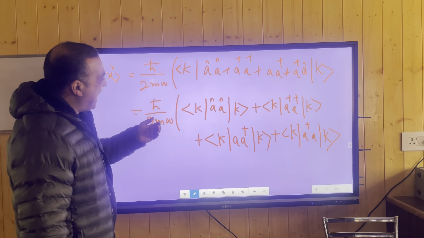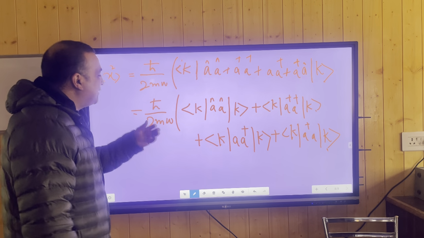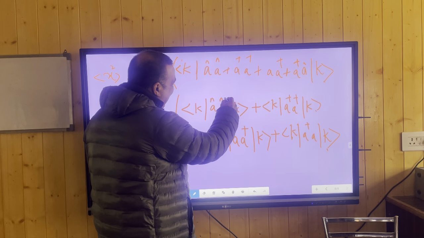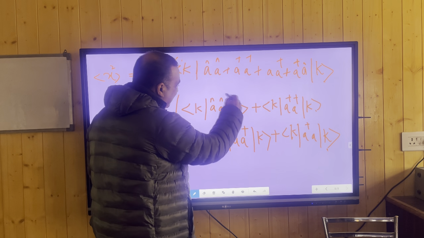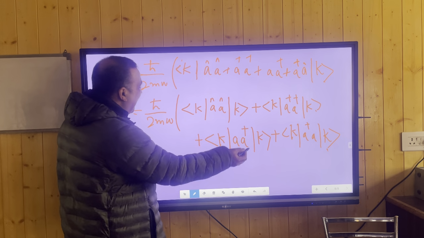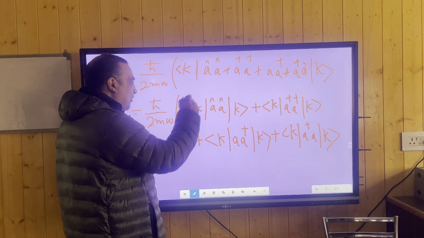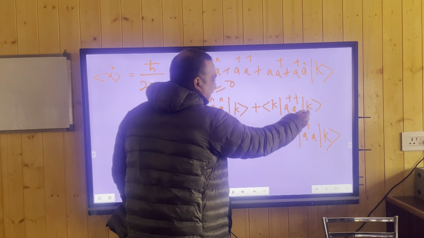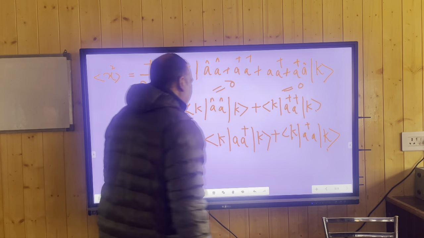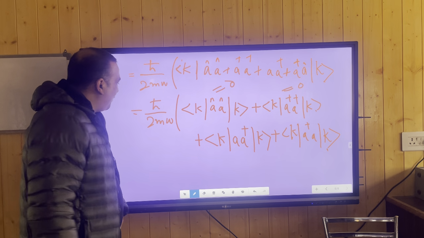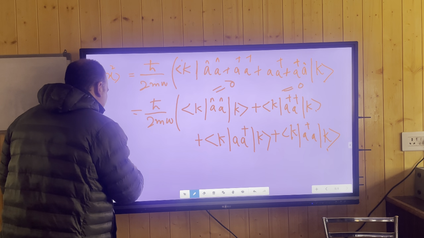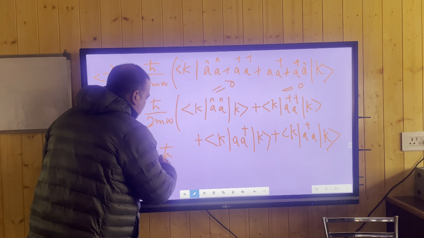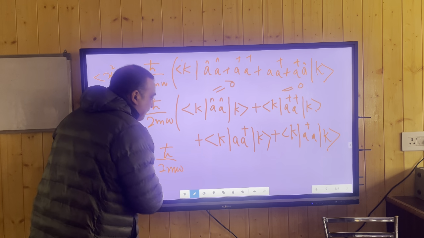Now we can boil down this result in a very simplistic fashion, because here you will be using annihilation. It will lead us to k minus 1, then it will lead us to k minus 2, then there will be that orthogonality, and this will be equal to 0. And similarly here it will go to k plus 2, and this will also be immediately equal to 0. Now looking at this part of the problem, you have x cap. So x cap will be h bar by 2m omega.